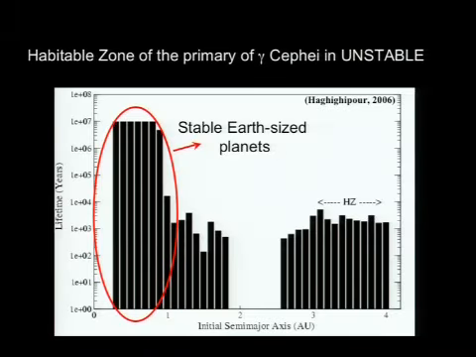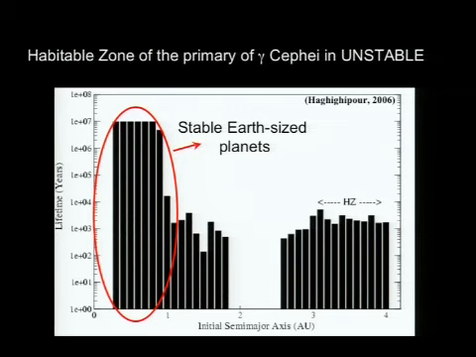What I'm showing here is Gamma Cephei. The Jupiter-like planet is here, the binary companion is sitting all the way back there, and the primary star is here. Each one of these lines corresponds to the lifetime of an actual Earth-sized planet at different positions. The habitable zone is back there. And this study indicated that if you get close to the primary star, as we expect, and you're far from the influence of the giant planet, then you will have some stable region.